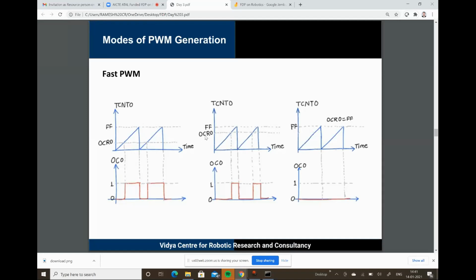By changing the value you store in the output compare register, you can generate pulse signals at the OCn pin with different widths for the PWM signal. Here it is shown that the maximum value for TCNT is FF, an 8-bit value. If I am using timer 0 or timer 2, which are 8-bit, the maximum TCNT value is 8-bit, and if I go for timer 1, which is 16-bit, the maximum count value in the TCNT is